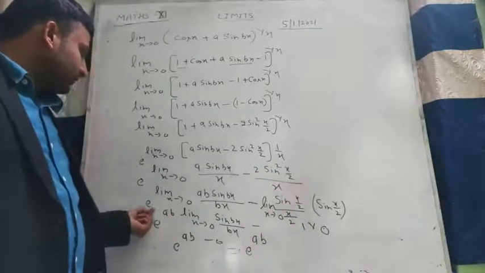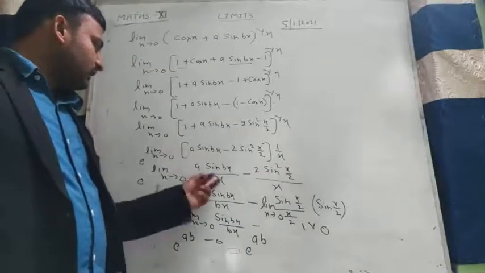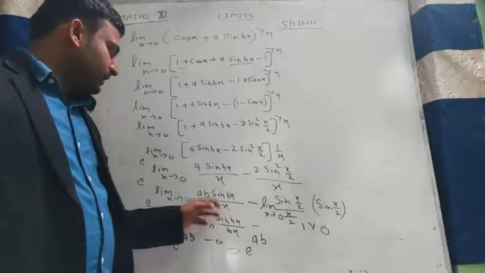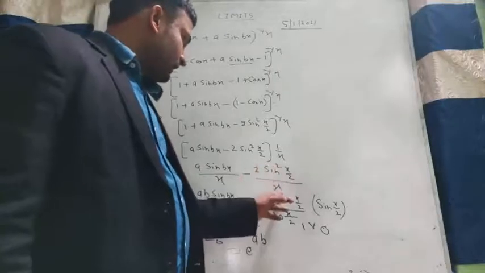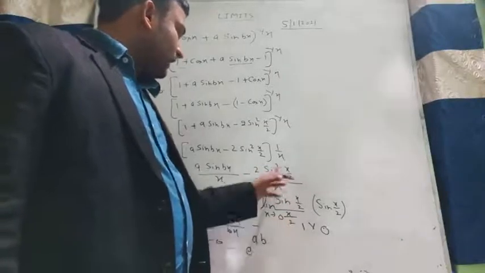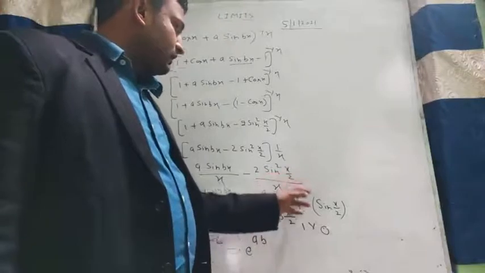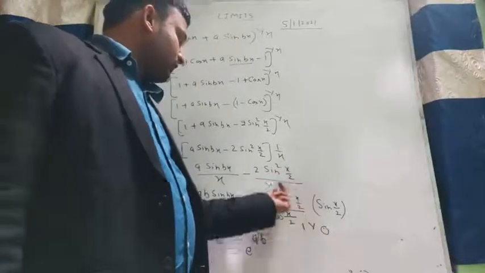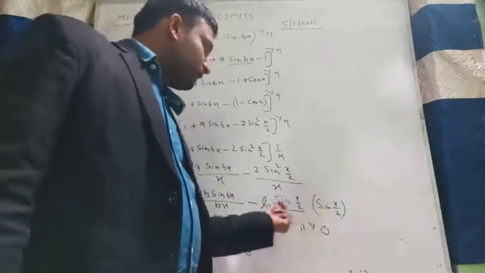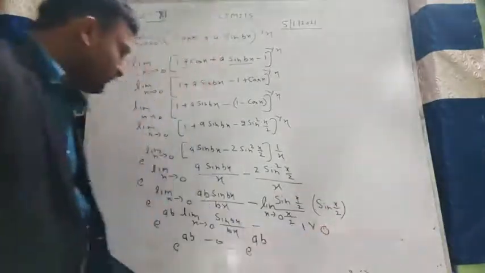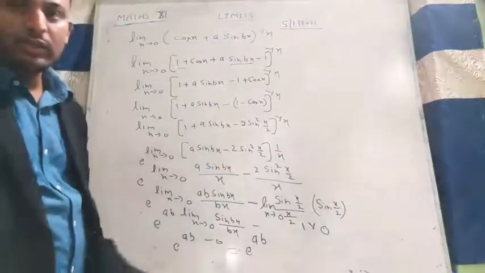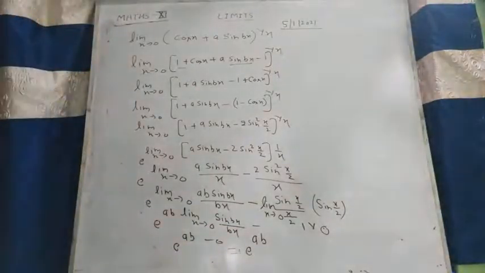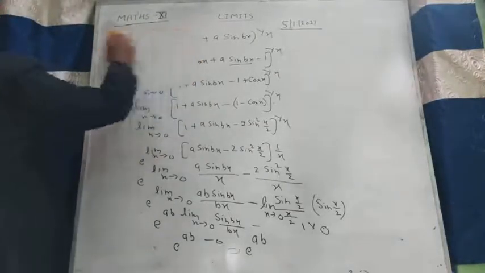Okay, so e to the power limit x tends to 0, we are multiplying with b and dividing with b, so this part is equal to 1, and here student we are seeing this 2 is sending here, so it is x by 2, and this is sin square x by 2, so we will write this term 2 times. Okay, so this part is 1, but this part, when we are putting the limit, this part will be 0, so we are getting that this is 1, so e to the power ab will be our required result. Okay, I hope you understand, students. Now we take another question and solve it. Let's see.